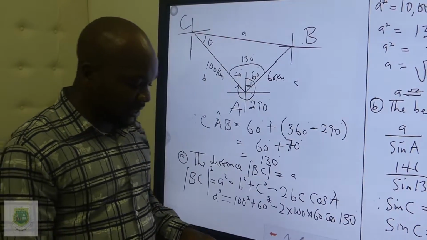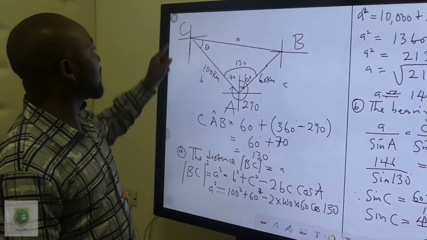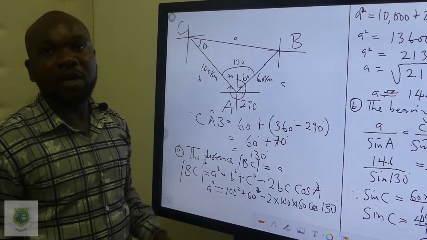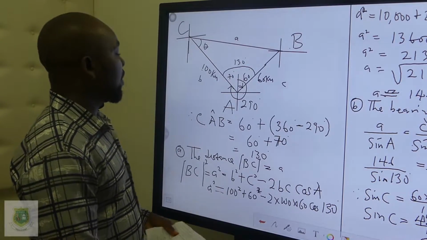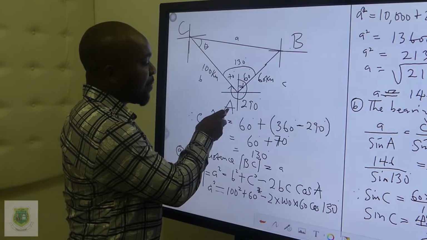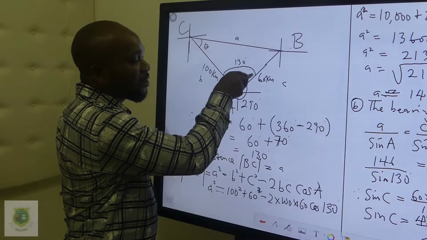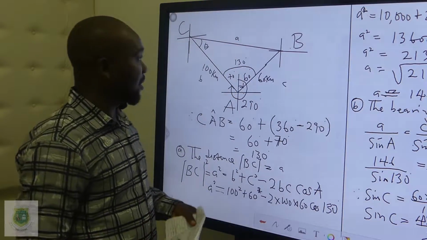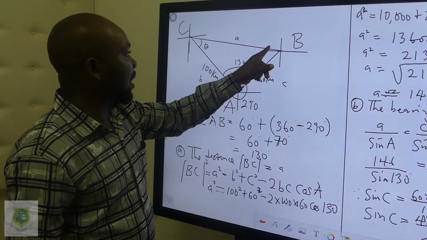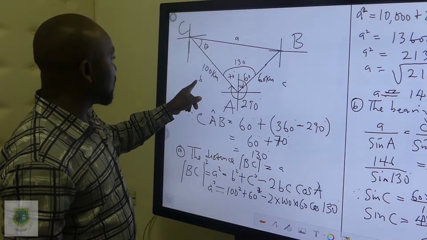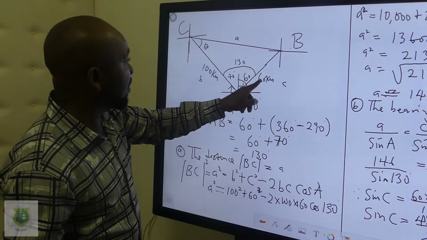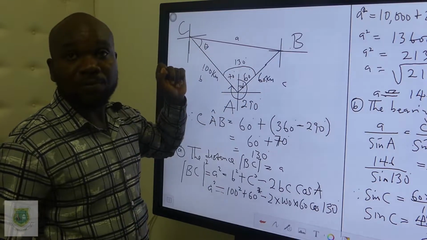Remember the first question says we should calculate the distance BC, which is known as A. Remember I told you that if here is capital A, it means the angle at this point. Then this A is now the distance. Then for this B, the angle at this point, this one is the distance. This is 60. This is the angle. Then